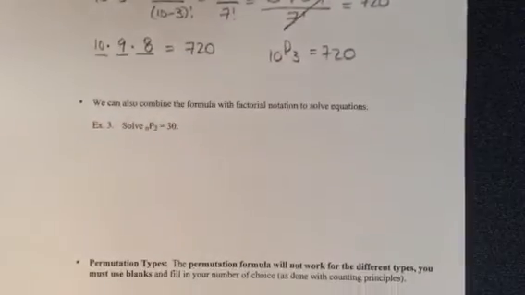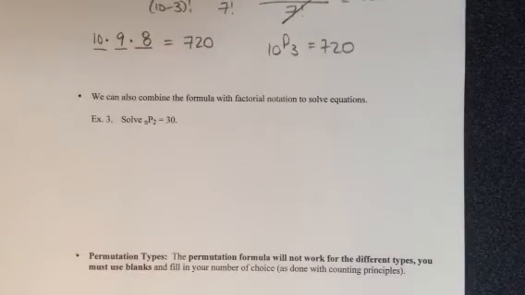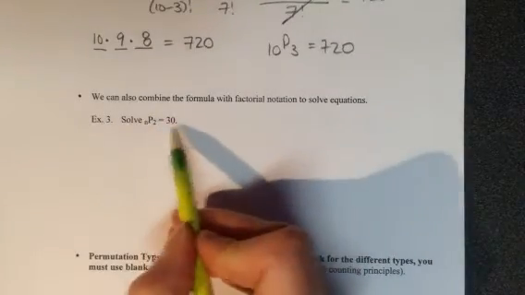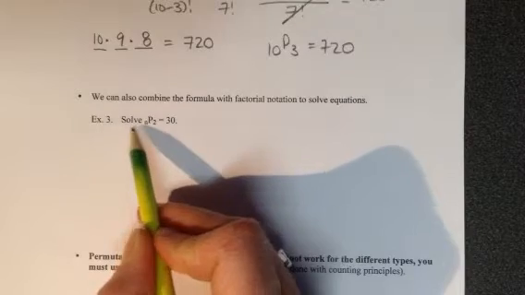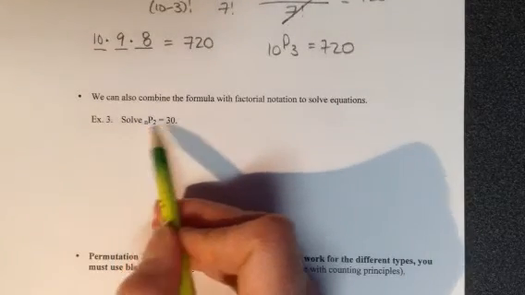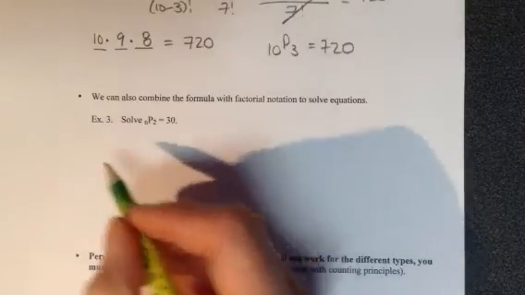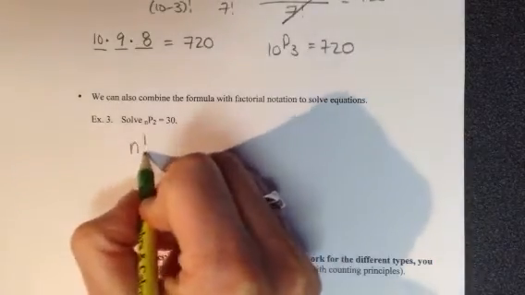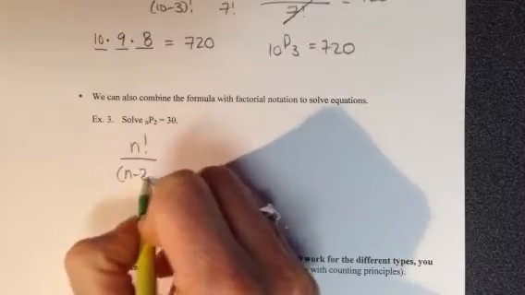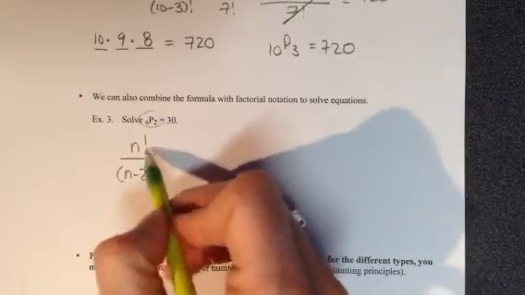We can also combine the formula with factorial notation to solve equations. So for example, you'll see we have 2 sides here and it asks us to solve. So we're actually looking for the n. Now you can do guess and check for some of them, but you will on a test have to show your work. And so we're going to get n factorial over n minus 2 factorial, converting this into the formula,